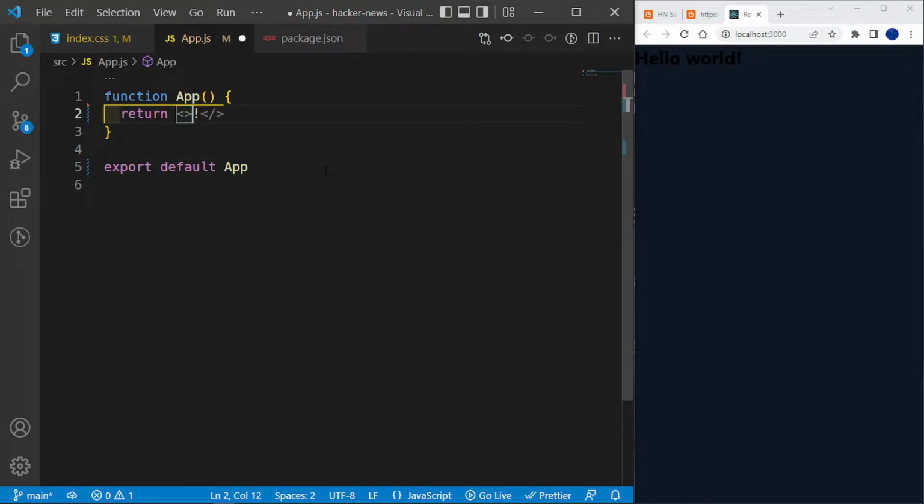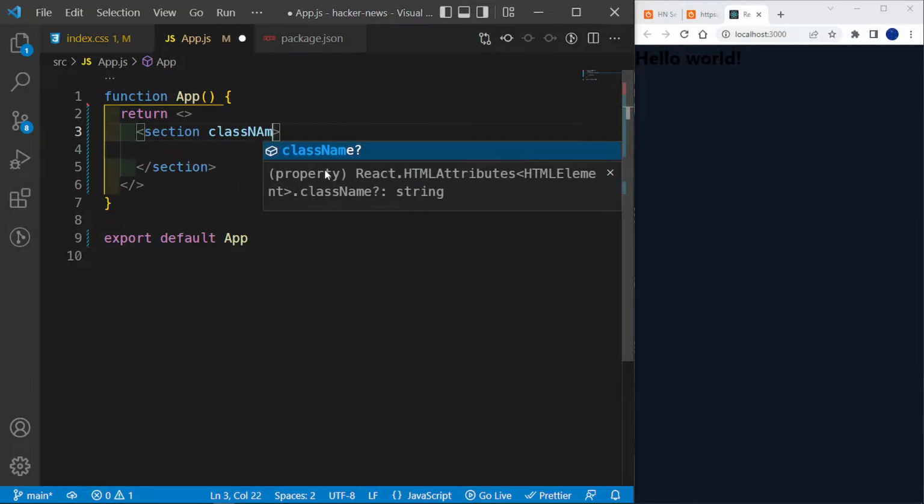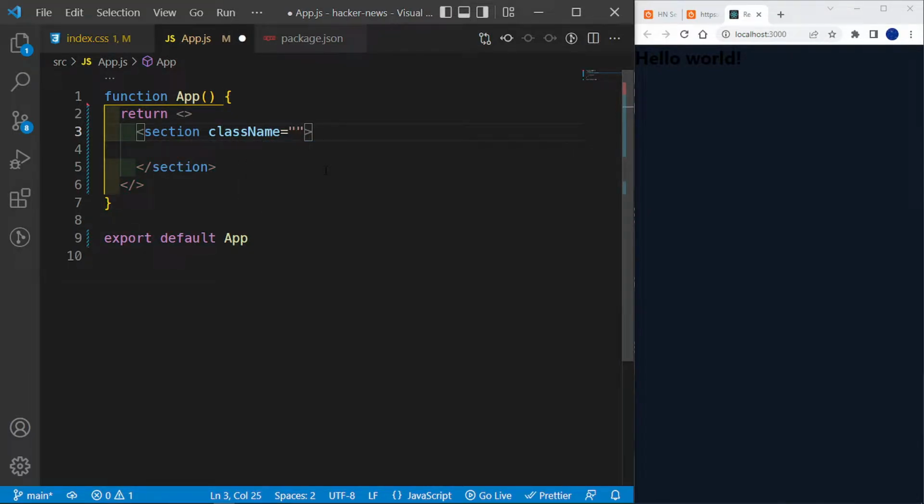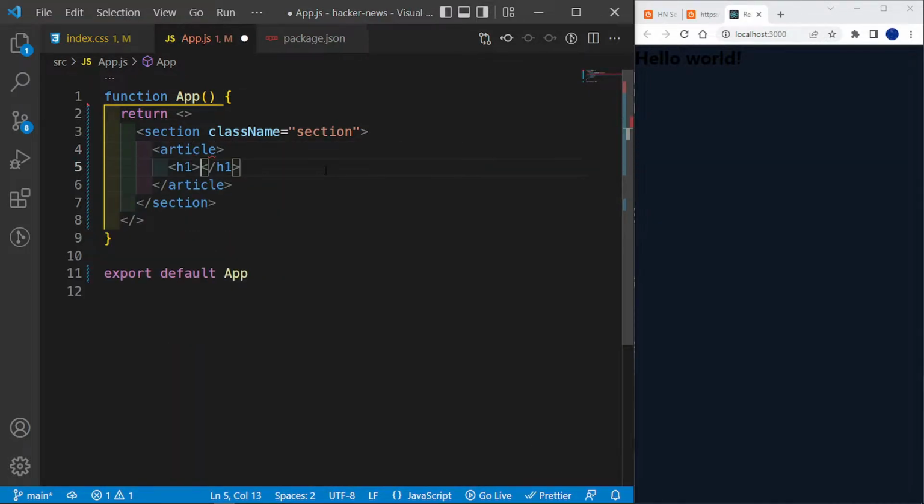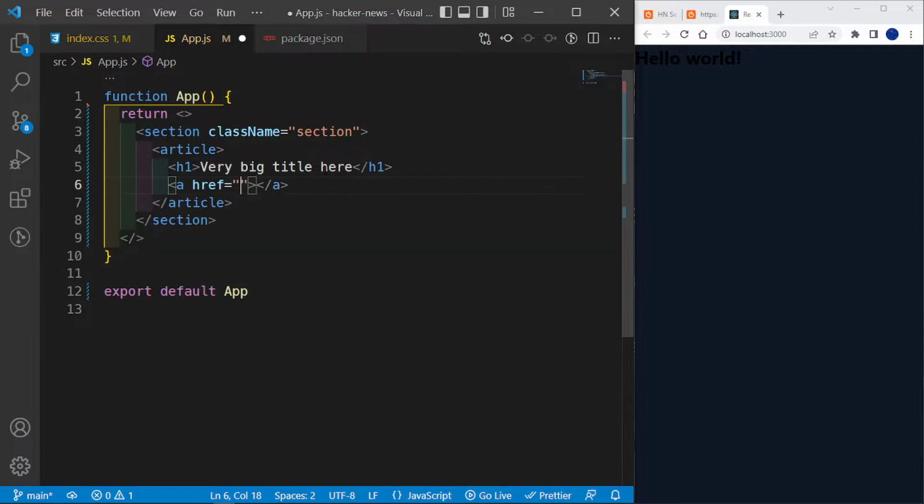So what I want to do is set up my return. Okay, and in my return I'm going to return a section, and this section is going to have a class name of, let me just call it section, like so. Okay, and then inside here we're going to have an article which has an h1, and this h1 is going to say, let me say, very big title here, and then below this we're going to have an anchor tag that goes somewhere. So this is going to be read full article